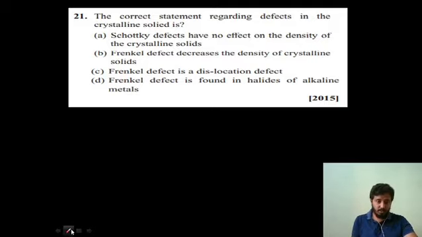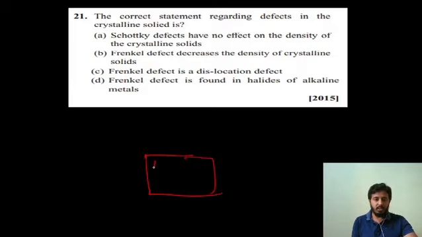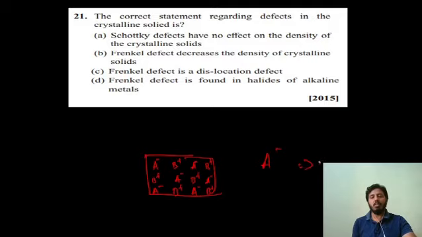Yes, you can see this. So if you consider a crystal lattice in which A minus B plus A minus B plus, B plus A minus B plus A minus, and A minus B plus A minus B plus. What is this? So here A minus represents anion, that is larger in size compared to B plus, that is cation. We know that in general cation is smaller compared to anion. So what is meant by Frenkel defect then?